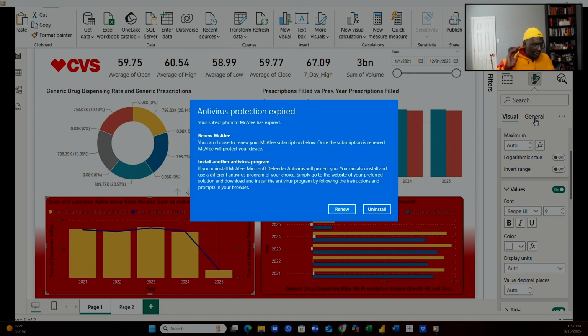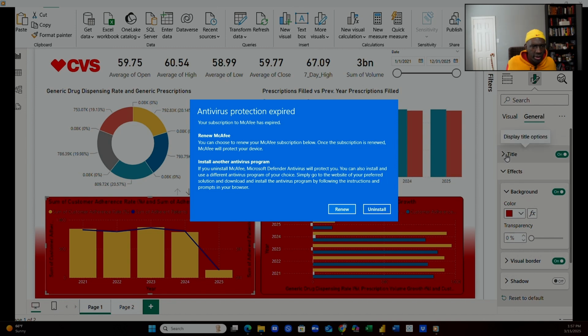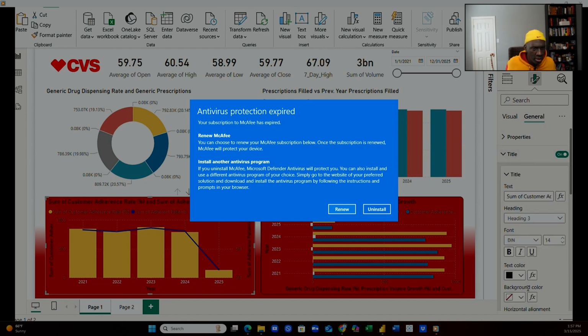Let's see. So we're pretty consistent here as far as the colors. Do we need to change anything else? We've got white. We've got gold. We've got the teal. We're gonna come back over to the column,